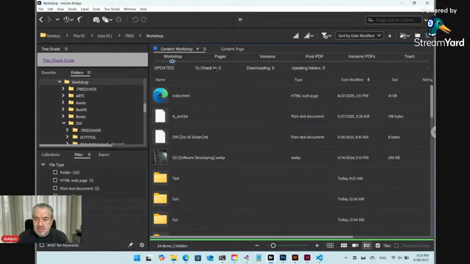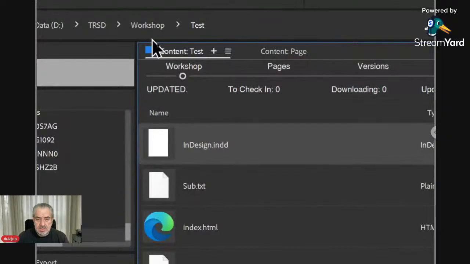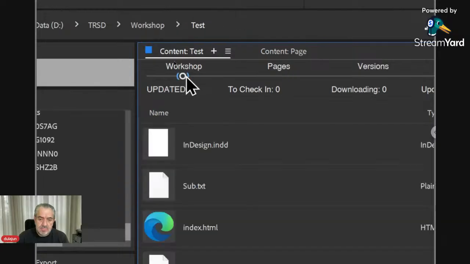There are parallel locations or mirrored locations, which have the same relative path but a different root. Like here, if we select this InDesign document, now we are inside the workshop folder, the editing location. If you select page, this is the output location, so it will be changed to page workshop. If we go back,